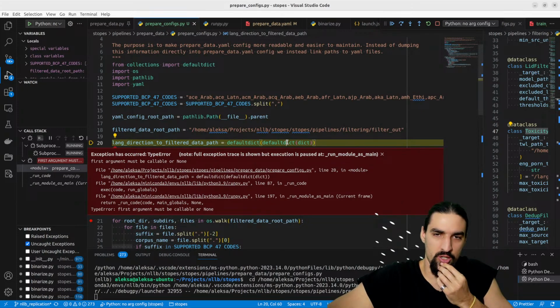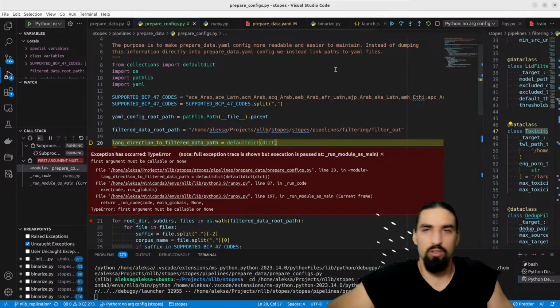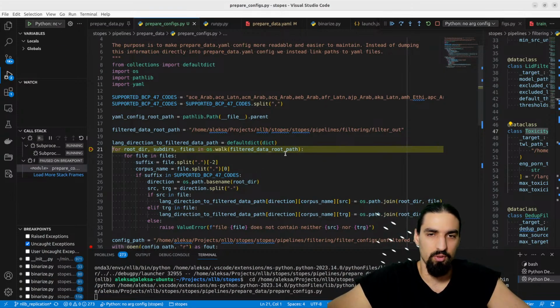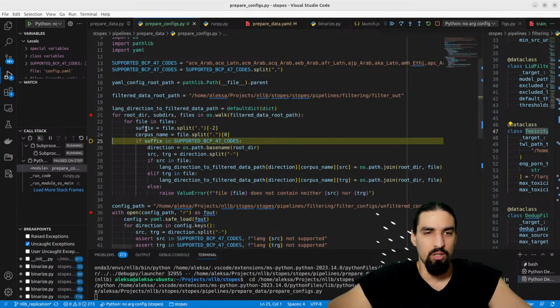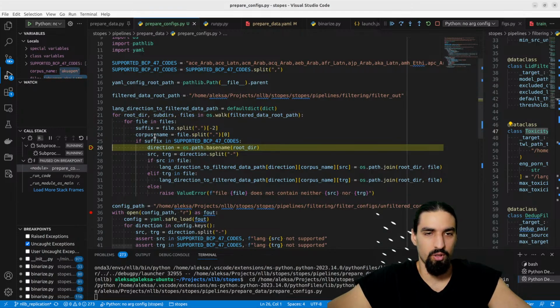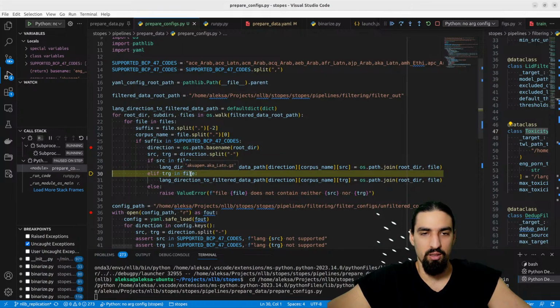And we fail here. The first argument must be a callable or none. Okay, maybe we just can do it like this. Let's stop this and let's rerun it. Okay. So we grab the suffix, we grab the corpus name. Here we are. Corpus name is this one. Suffix is this one. It's a valid suffix because it's a valid BCP47 code. We grab the direction, and then depending on the file,